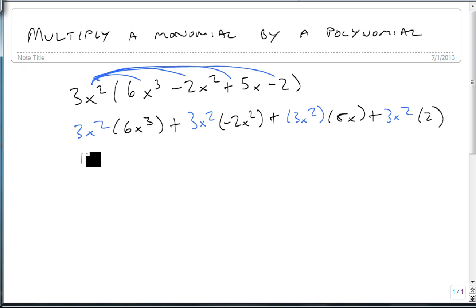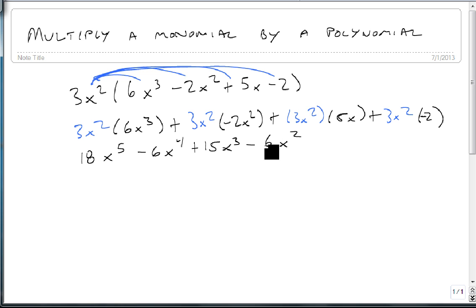3 times 6 is 18. X squared times x cubed is x to the 5th. 3 times minus 2 becomes minus 6. X squared times x squared is x to the 4th. 3x squared times 5x is 15x cubed. And 3x squared times 2 is plus 6x squared, except it's not because I missed a minus sign, so it's